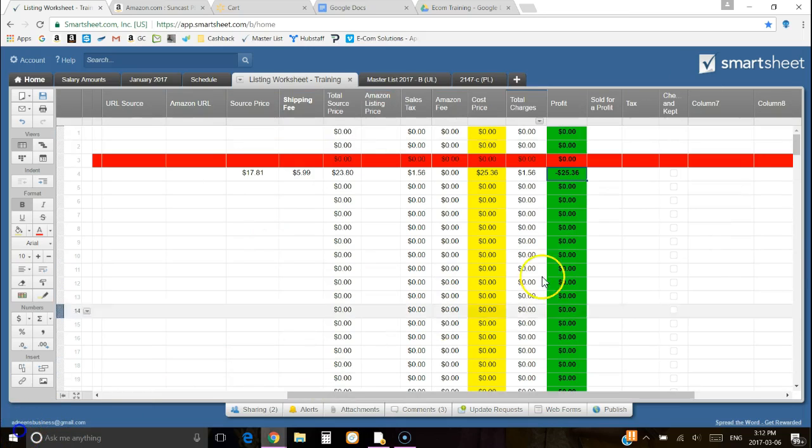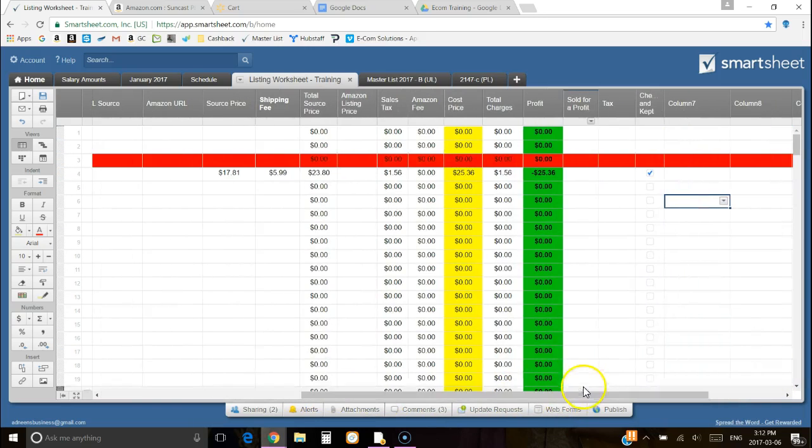Also to take note, this column over here says checked and kept. So if your product is good to list, if there's no errors, everything matches, we're competitive, all the criteria is met, the person that's going to be checking the inventory is going to place a check over here to tell you that the product that you listed is good and no changes are needed. However, if it's not checked over here,